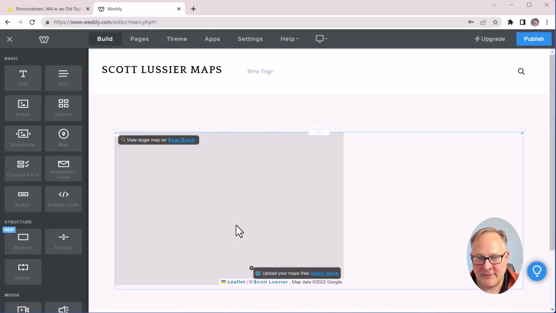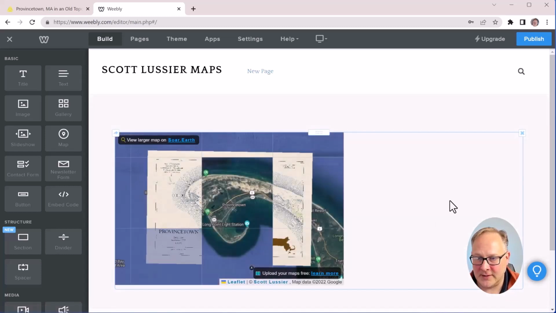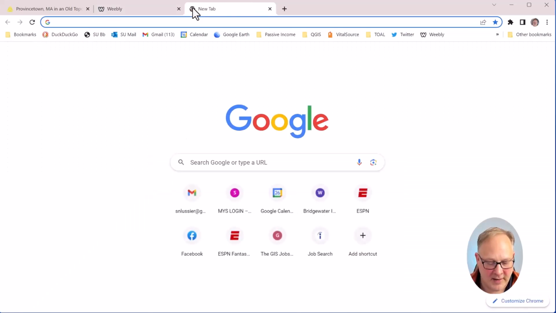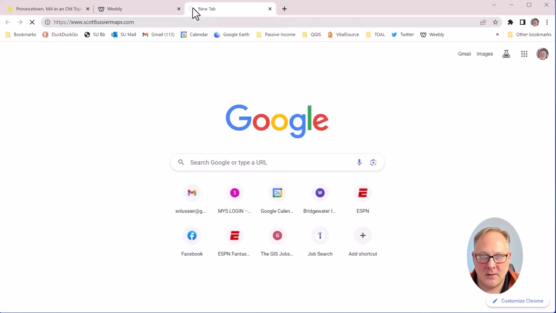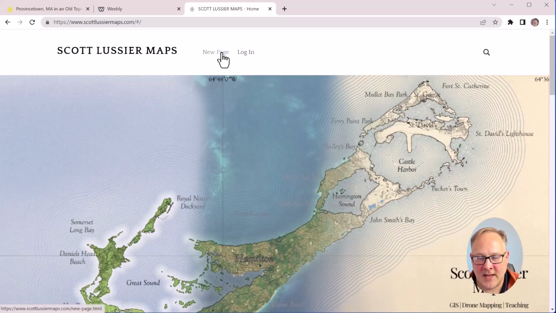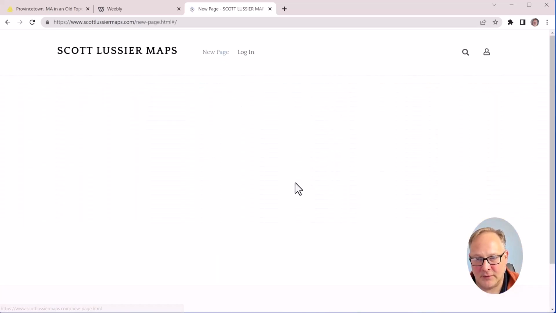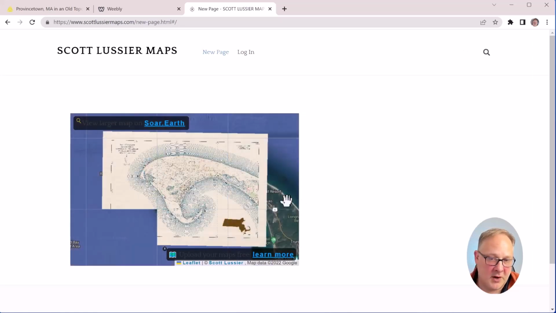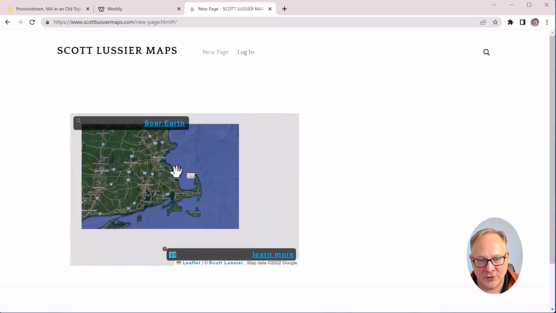So now we have Soar built into my website, right? A Soar link. So let's publish this and go to the live site and see what it looks like on the front end of it. So this is that new page that I had just built, this test, and this is the result of that cutting and pasting, right? So now we've got the full Soar